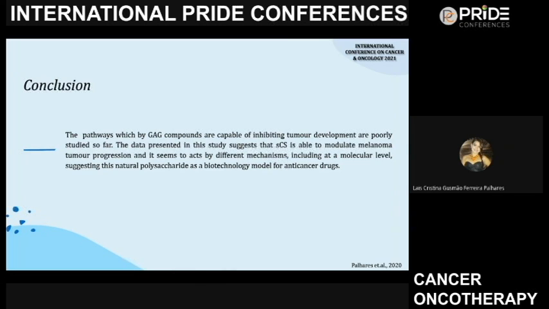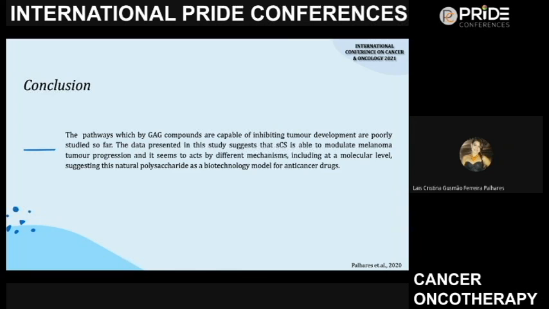With that in mind, it's important to know that this study needs to be continued. There are gaps, and we are aware of them. There are still more answers needed. We still need to see whether the gene expression modulation correlates with protein production as well. So we are continuing with this study, even though I'm not in that lab anymore, but I know the team is working on it.